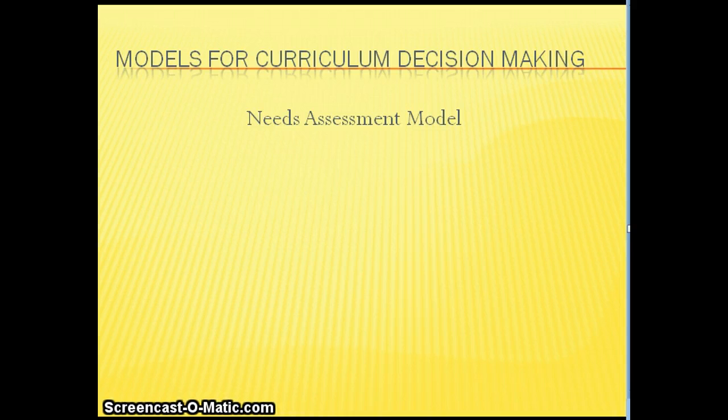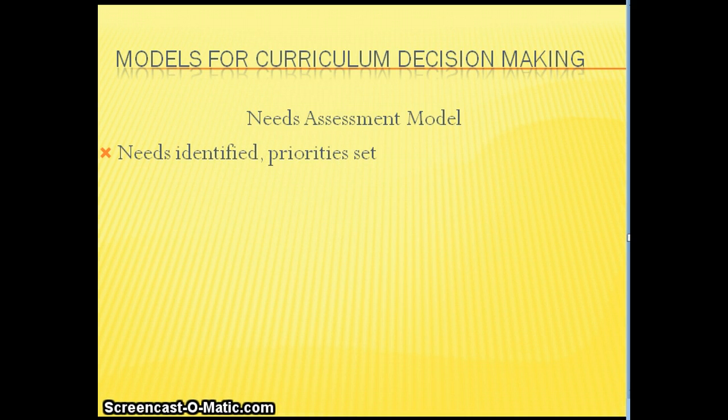So curriculum developers and boards of education and those involved in any kind of policy making or curriculum development like a needs assessment model because intuitively it makes sense. When you want to make changes to a curriculum or introduce a new curriculum, it's easy to justify the changes by identifying this perceived need and coming up with a solution for it. People like the idea of finding a deficiency and coming up with a plan to solve it, and that's essentially what a needs assessment model does.